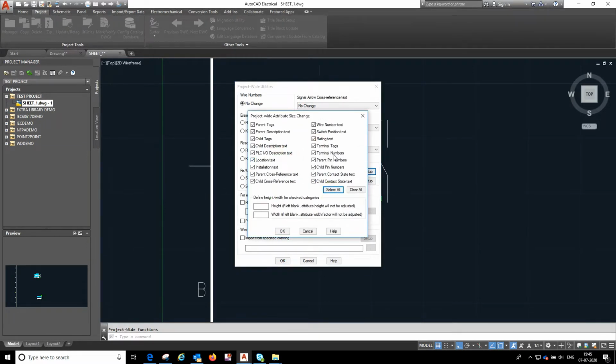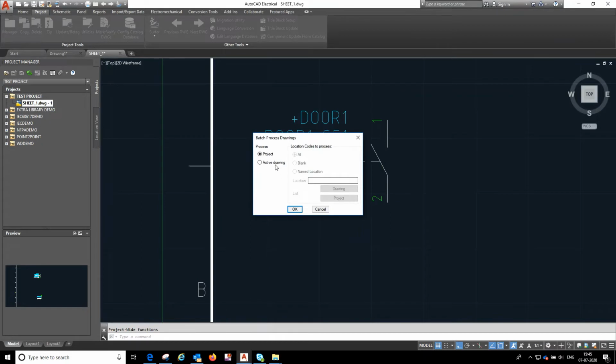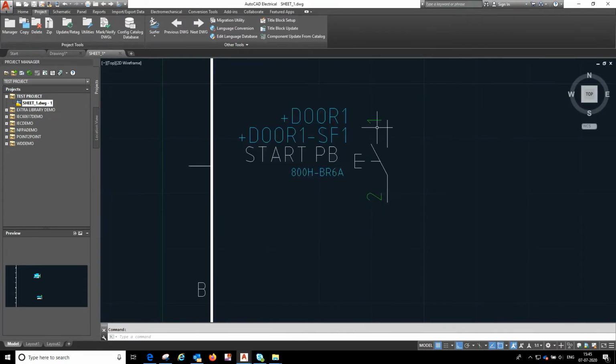Here it doesn't contain the catalog. So here I will make 3 and 1. Text height as 3 and width as 1. And here it contains the pin numbers, which will update as per this height 3 and width 1. You can look into the changes here.